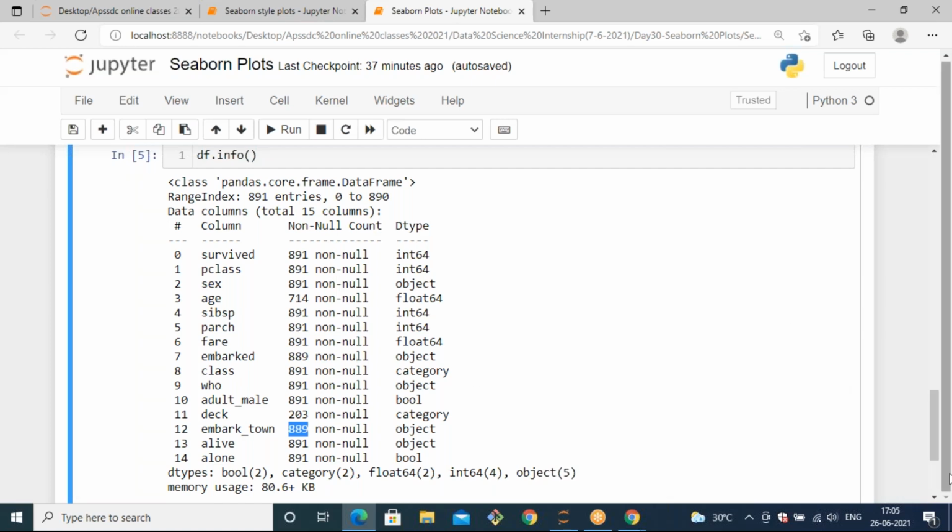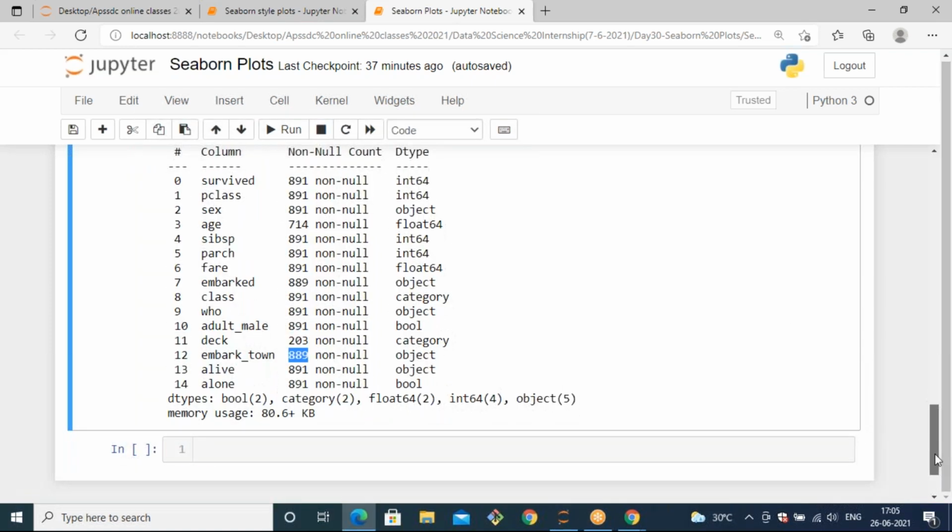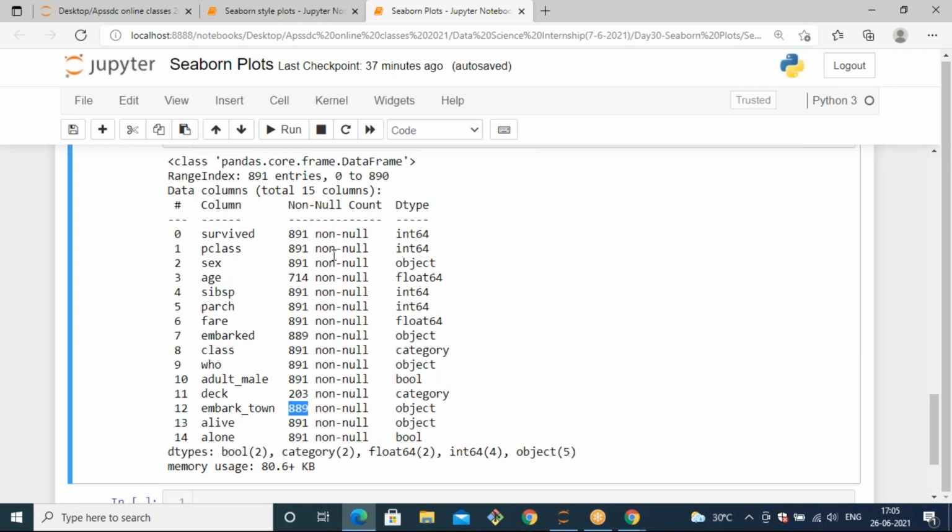If you want to perform pre-processing, you need to understand what things we need to do. The first thing is to remove the columns with null values that you don't require. Deck is a column which has very few values and mostly nulls. That means you don't require columns with so many null values. Instead of filling the null values, you just remove this column because it has huge null values and isn't required for your application.